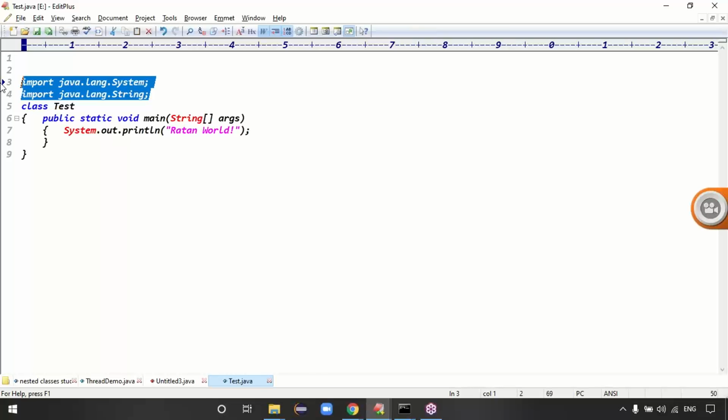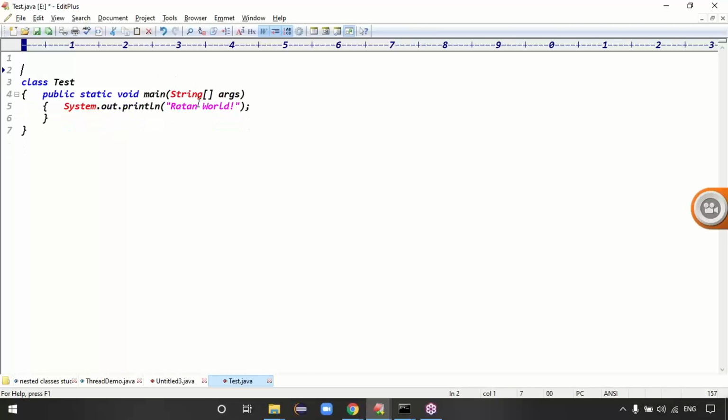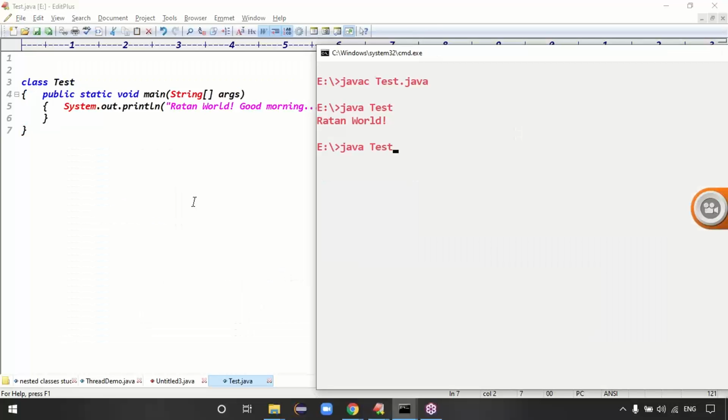But tell me, guys, without importing, is this code working fine or not? Without importing, it compiles fine, sir. Compile means I have to execute also. It will print the good morning message. Guys, is import mandatory or optional? That's the question. It's optional. If it's optional, then try to compile this code.